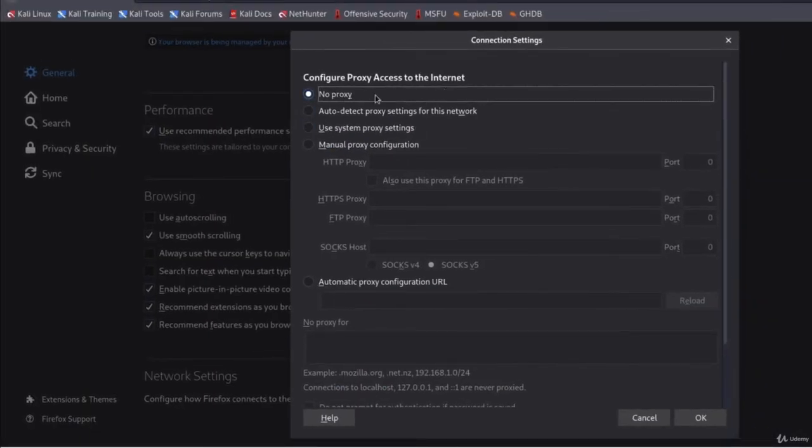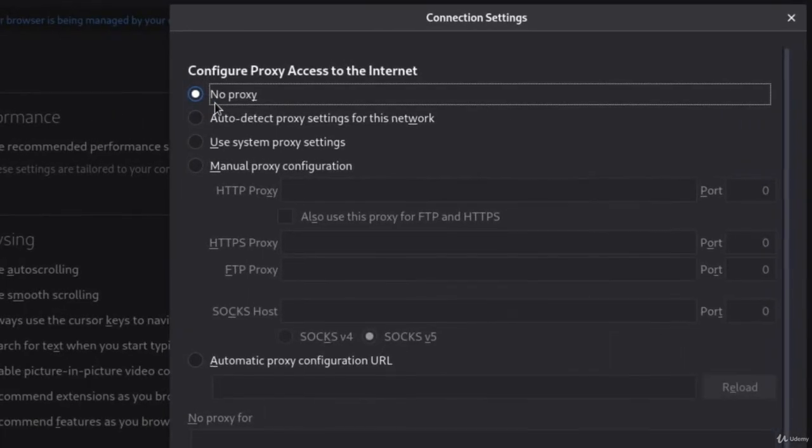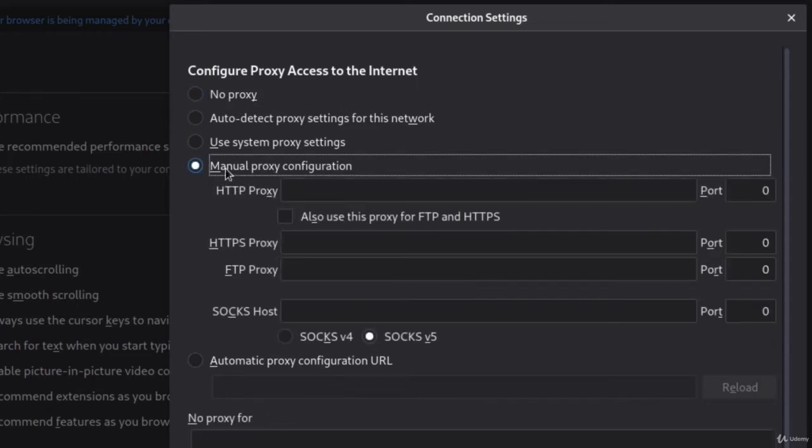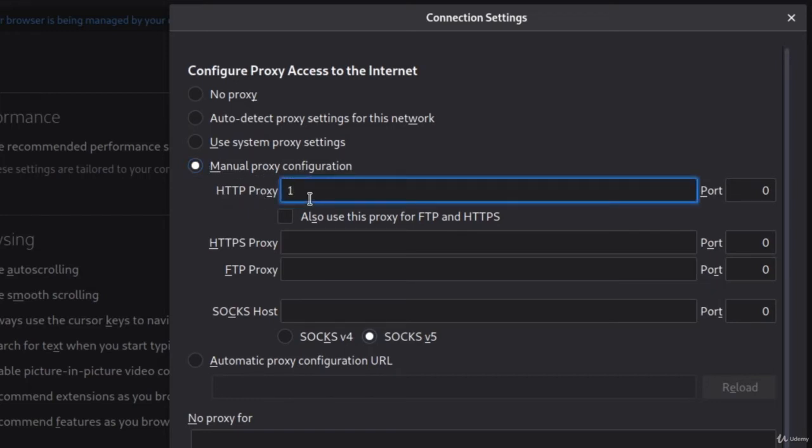and it will open the first setting, which is proxy configuration, which should by default be set to No proxy. We want to change it right now to Manual proxy configuration, and in the manual proxy configuration under the HTTP proxy tab, we want to select